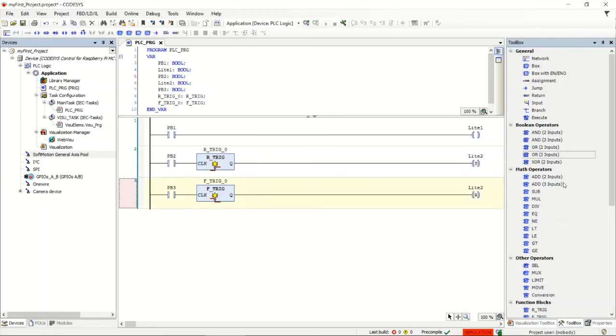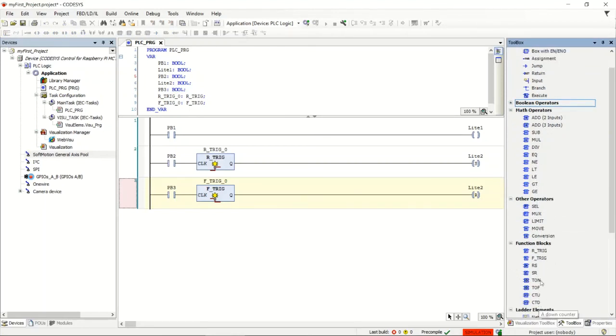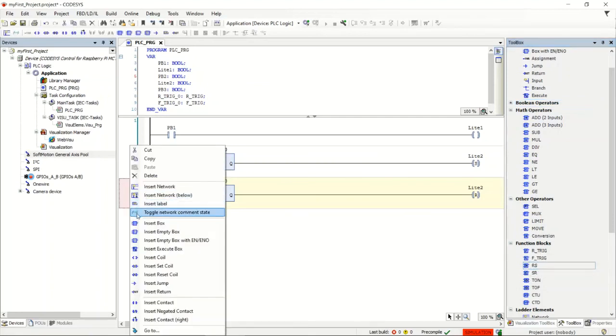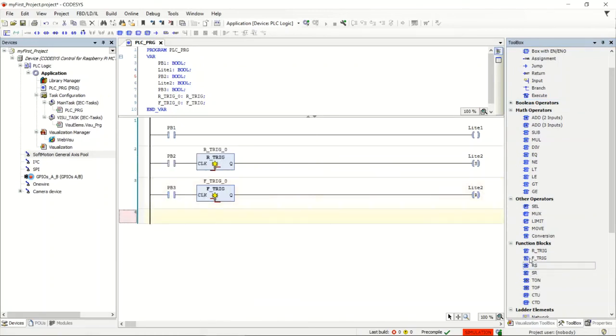Okay, so we have some Boolean operators along here. We're going to talk about math in a separate video, and we're going to talk about timers and counters in a separate video as well. The reset, the rising edge, sorry, and the falling edge. We also have, if I right click, a little more complex. If I insert a network below and drag and drop the